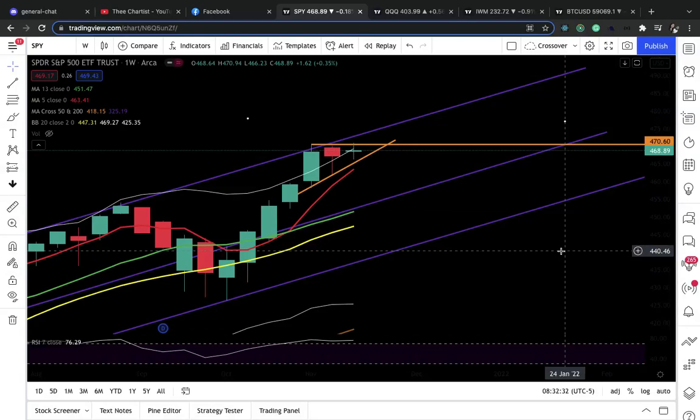And you want to short from resistance. Most people just short wherever, based on a feeling. You don't want to make these decisions based on a feeling. Remember,